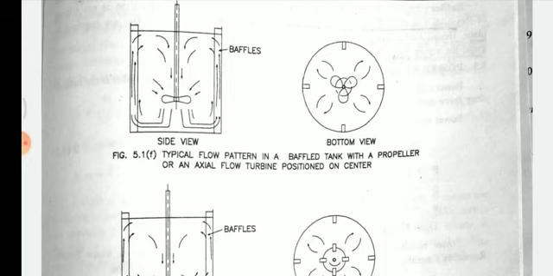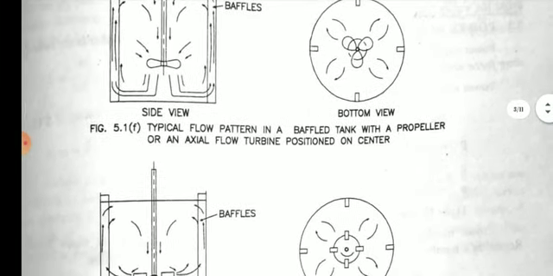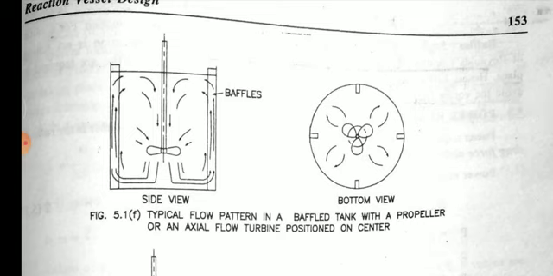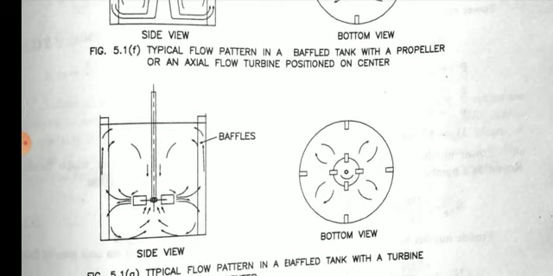That means the flow pattern in a baffled tank. Generally, this is how the fluid flows when the agitator is fitted into a reaction vessel which has baffles. Baffles are used to remove or avoid vortex formation in the vessel. The main purpose of baffles here is that during the process vortex formation is created, so their main purpose is to remove the vortex formation.